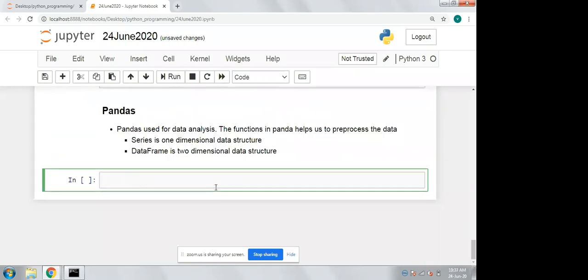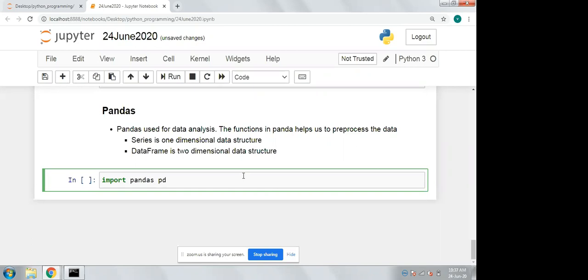So first, let me tell you how to import pandas. Import pandas as pd. As this is a Jupyter notebook environment, once you have imported pandas, you can use it anywhere in this entire notebook, no problem.